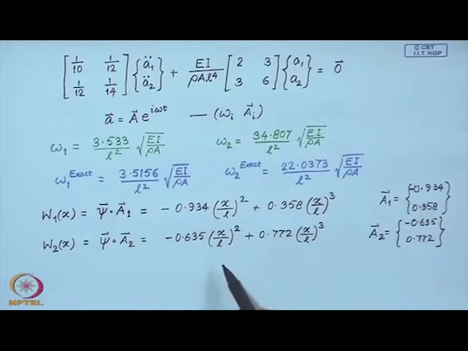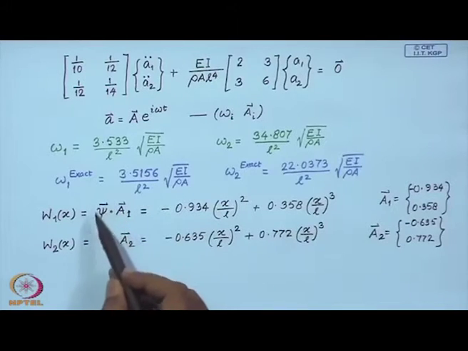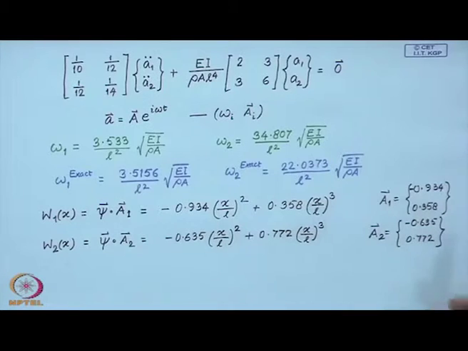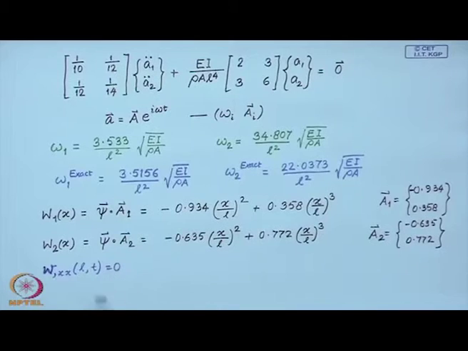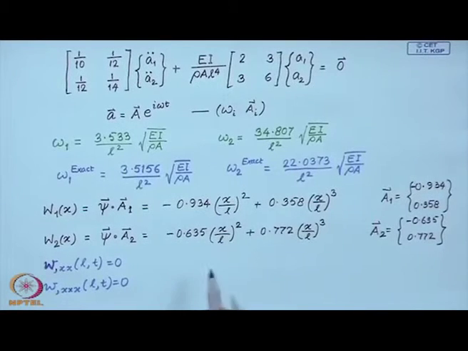Now, as we discussed, these admissible functions are not required to satisfy the natural boundary conditions, which in the case of this cantilever beam are the bending moment and the shear force being 0 at x equal to L. So, let us look at what we have: this must be 0, and this was the bending moment condition, this was the shear force condition. Now, let us see how well these eigen functions satisfy these conditions. So, if you calculate, for example,